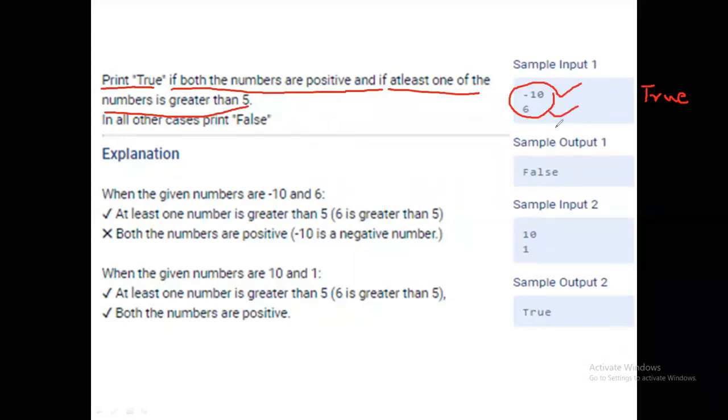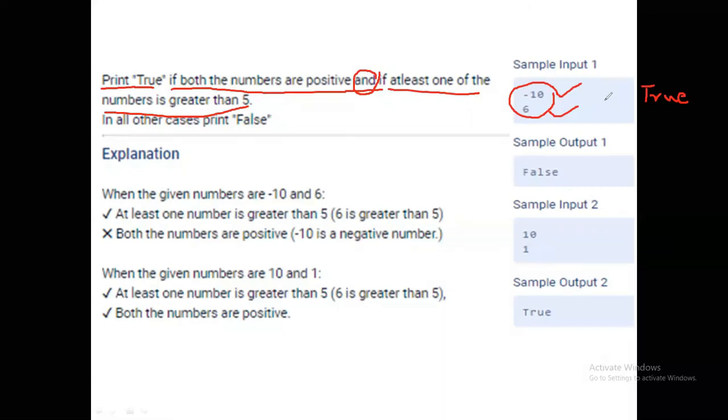You read two numbers. Now if both the numbers are positive, and here you are going to use and, and if at least one of the numbers is greater than 5.